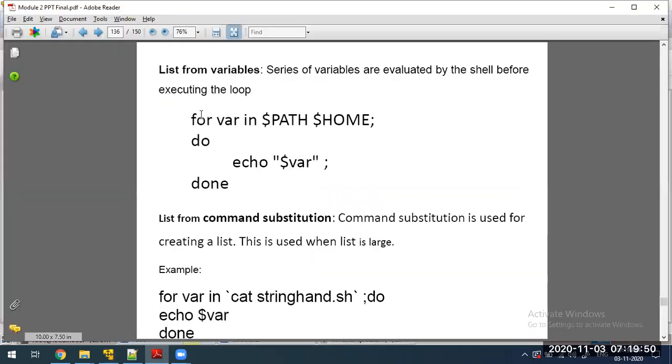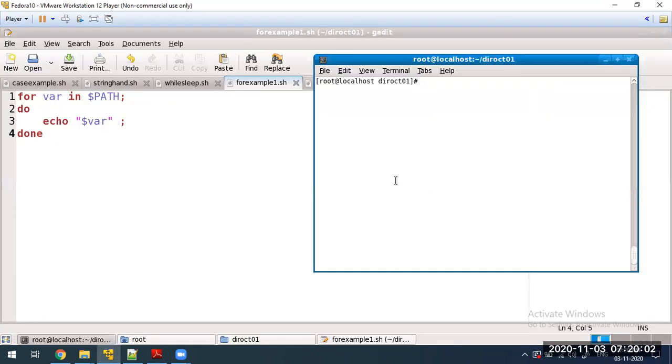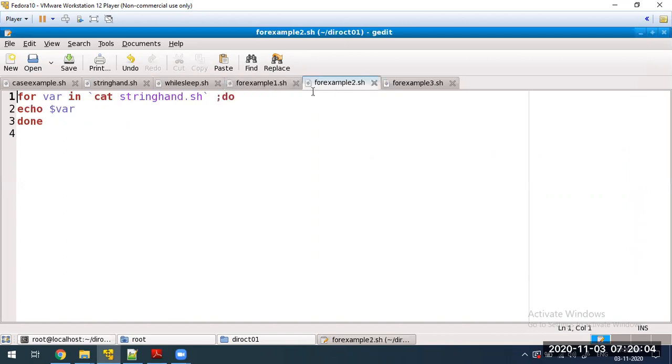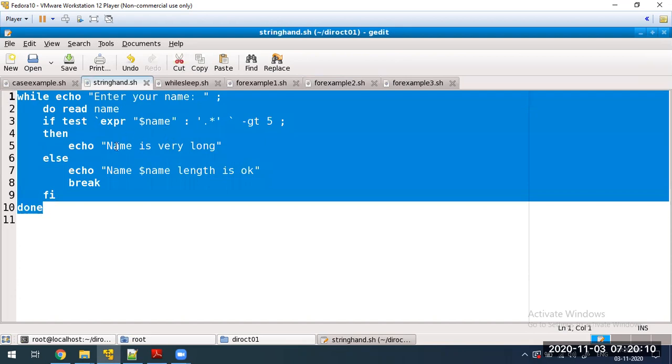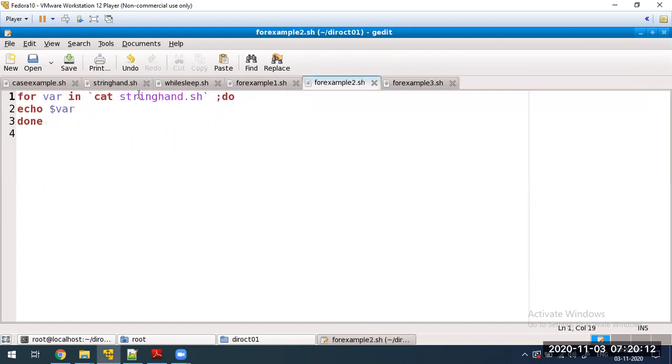Here we have used the list with a set of variables. Instead of that, I'll write a command there. That command output will give the values to the variable. See here, there is a file called string and.sh. This is a program which I have written. This file name is given to the command called cat.